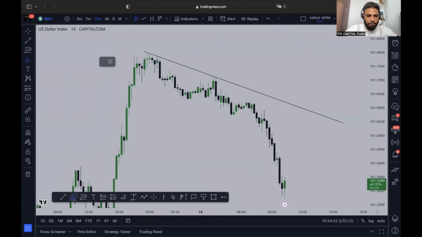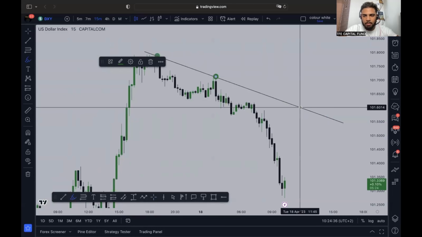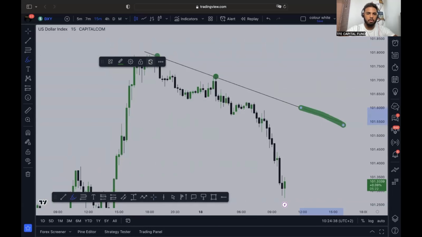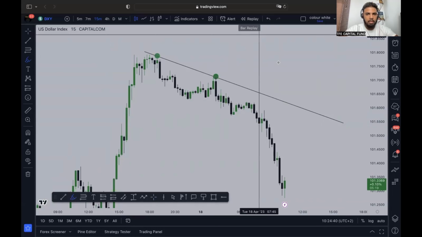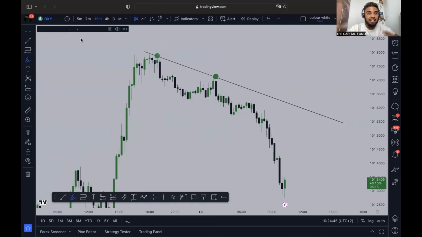Right here, traders. Over here, over here. And anytime the market comes back towards here, that is when you want to be selling. Okay? Now let's go over to the other market. Now, remember this. Dollar is down. NASDAQ should be up. Gold should be up. Euro USD should be up for the day. So that means for the day, we're looking for dollar to sell. For the day, we're looking for NASDAQ too.